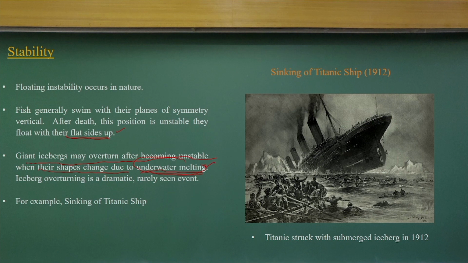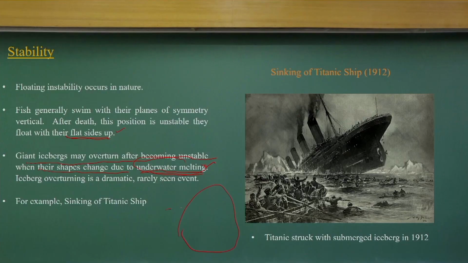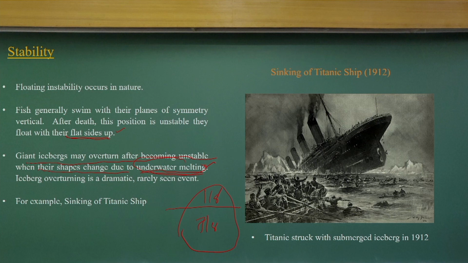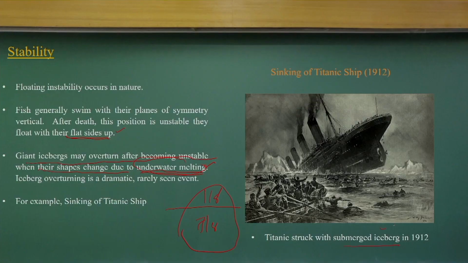If I take the specific gravity of ice and the specific gravity of seawater, for any iceberg, only 1/8 of the iceberg will be floating on the surface. The 7/8 will be inside the sea. So only this 1/8 of the iceberg is what we see. The 7/8 inside, we do not know what the shape of that iceberg could be. Okay. So that is the reason, if you have seen the great movie Titanic, which was struck by an iceberg